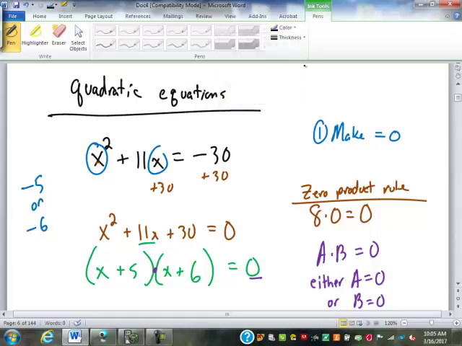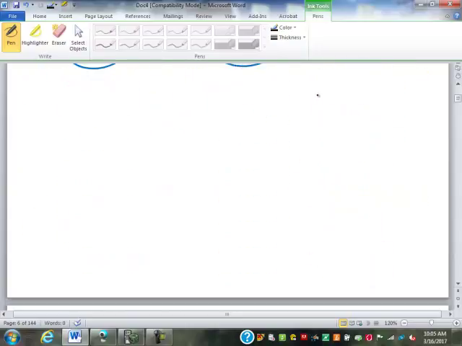Well, why is that useful? Well, when we're dealing with gravity and ballistics and stuff like that, it ends up being a quadratic equation like this. Just for fun,